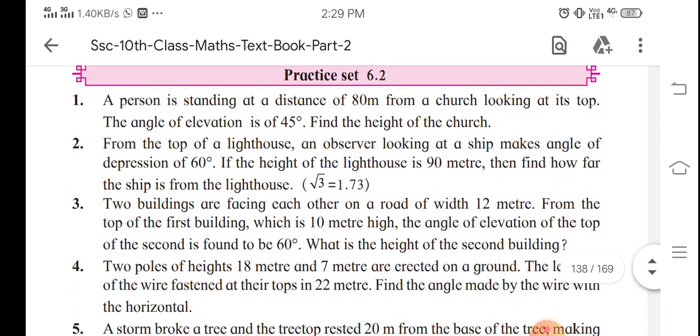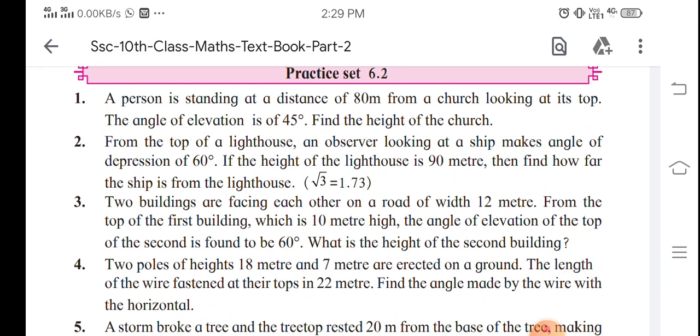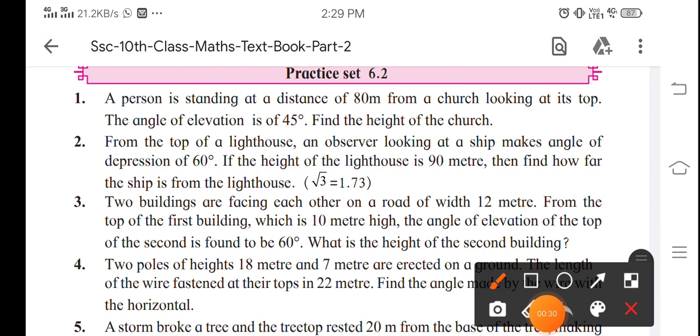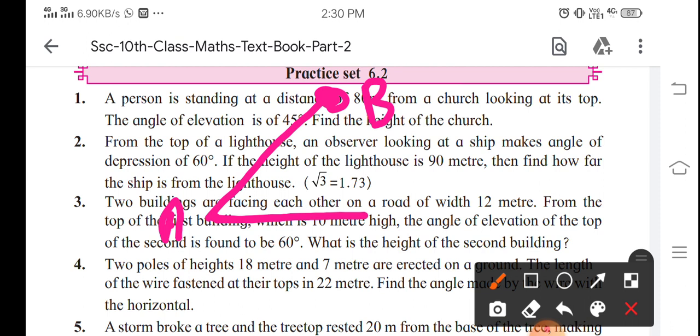So let's get started. Before starting this lecture, I would like to tell you about the angle of elevation and the angle of depression. See, the two terms are there. Suppose you are standing, not you, anyone, standing on the ground. This is our point A on the ground, and you are looking at the sky, this is our sky B. So this angle, can you see over here? You are standing over here and looking at the sky.